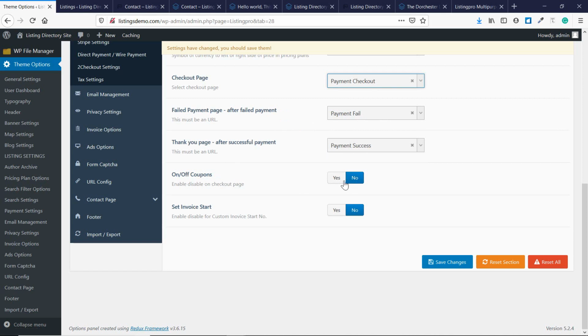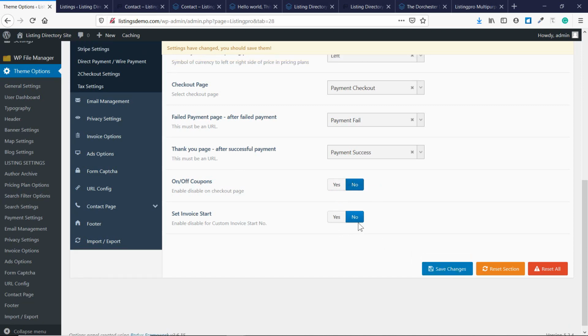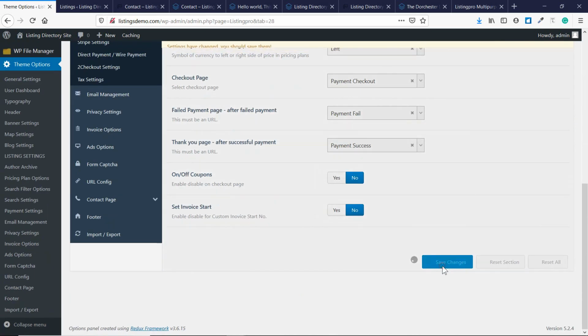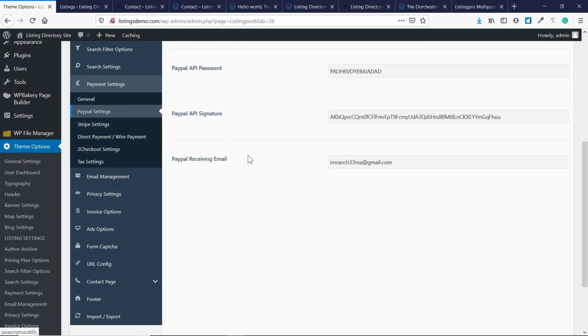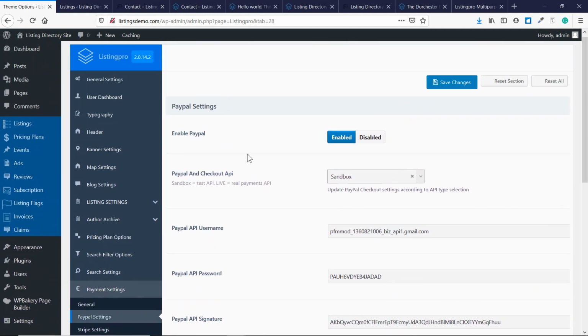Then if you want to provide coupons to the users, or do the invoicing, all of these options are available as well, and once you do all of that, you have to click on save changes. And now it's time to set up the PayPal or Stripe or any one of these things. So let's click on PayPal here, and here you have to enable PayPal,